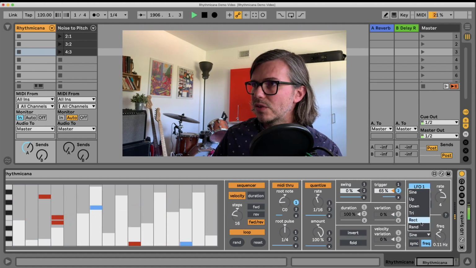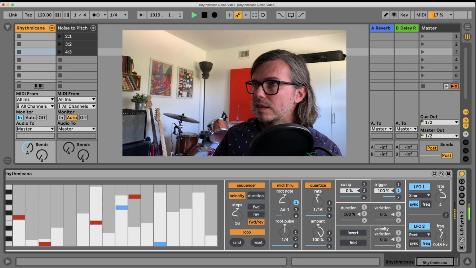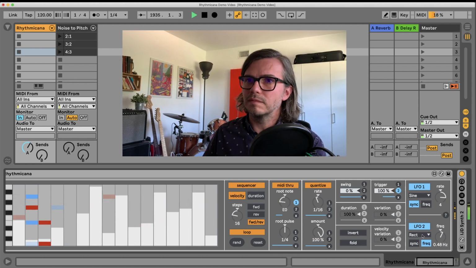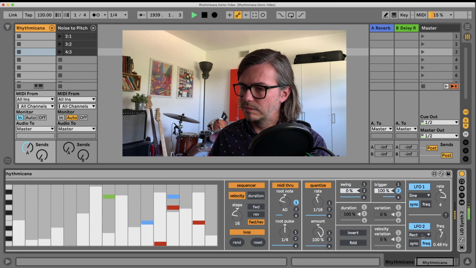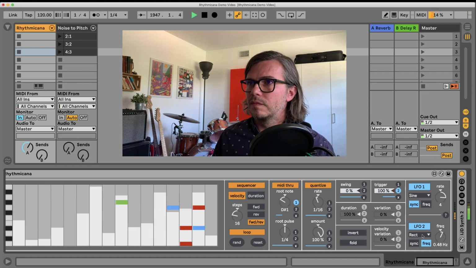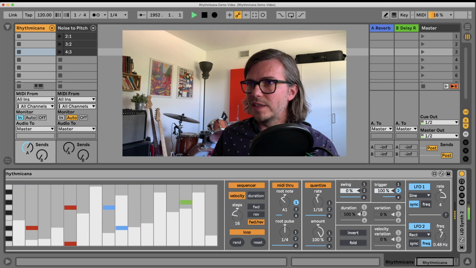Maybe let's set it so it's more like a square wave. Yeah, so now it's toggling between those 2 values since that's the shape of the square wave, on and off. Yeah, so you can modulate these and get